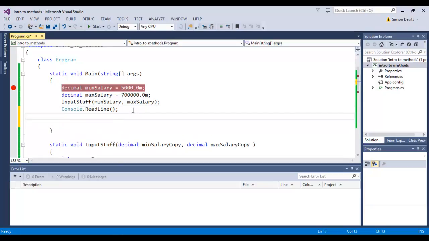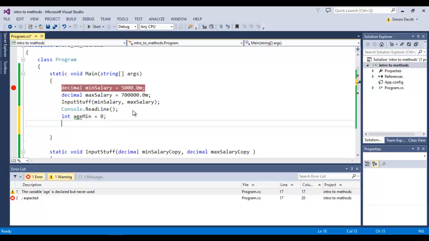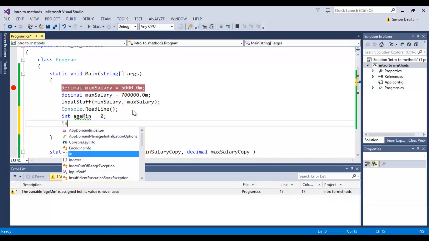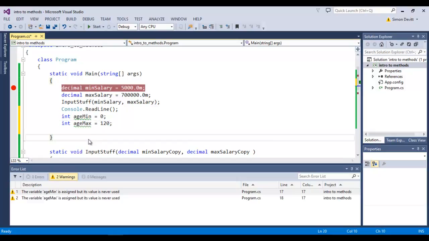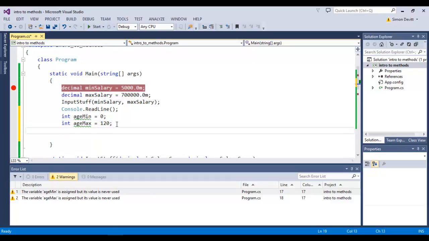So a situation that we had before was a person's age that we wanted to deal with, and we're now going to be using an age min, and we're going to say the person's age min, similar to what we had before, was going to be 0, and we will have an age max of 120, which we had before. Now, the variable names which I've used here haven't been that useful because we've got them hard-coded as min salary, so I'd probably just call this min copy and max copy rather than these specific ones,